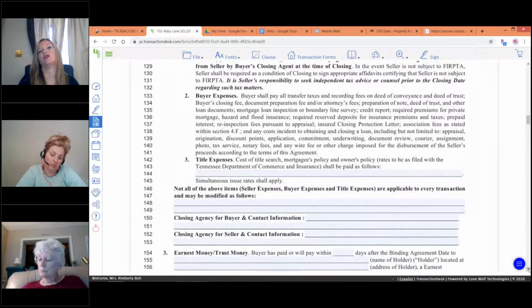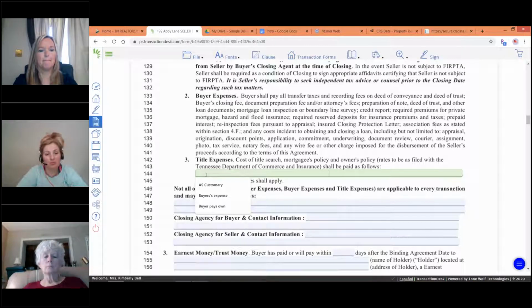So people refer to closing expenses as closing costs. I like the word closing expenses. Okay, because it's exactly what's stated in our contract. So you would put on line 3, 144 under number 3, you could put right there, seller to pay up to